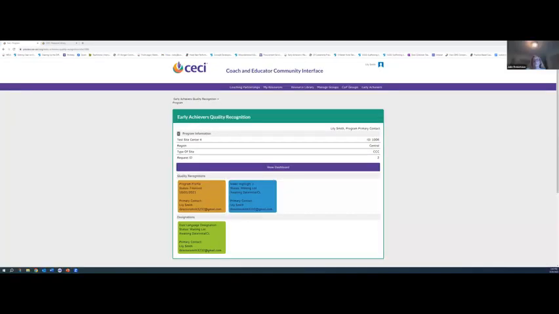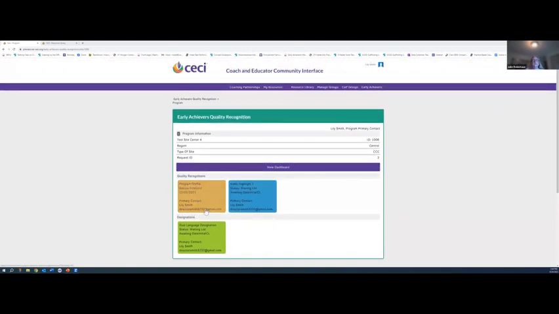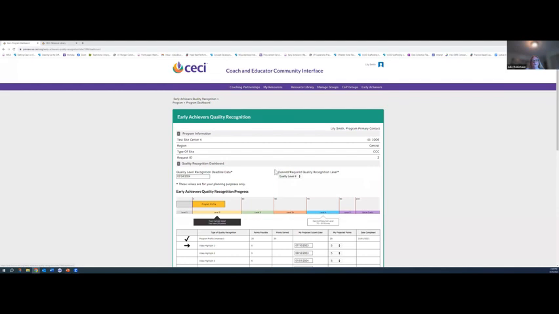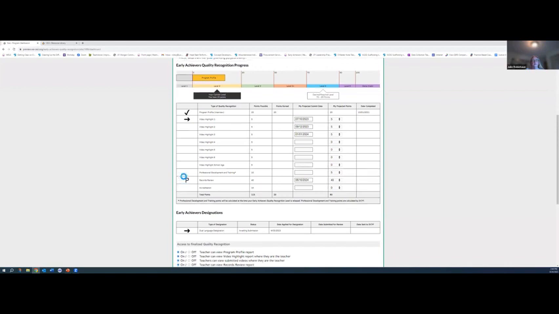So this is actually what providers will be seeing. This is a test site that we set up, and I am signed in as Lily Smith, the director of this site. You can see that they have completed their program profile and one video highlight. When they go to their dashboard, they have next to records review this planning, because they're not eligible for the full records review yet, but they're eligible for planning. So they push the planning button and they get this P next to it.